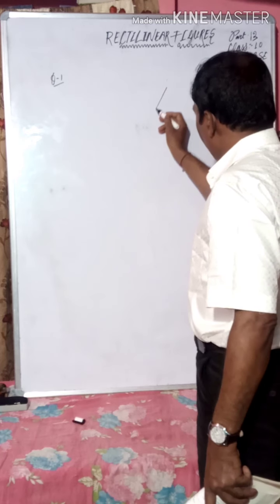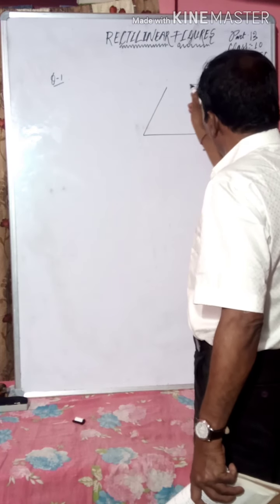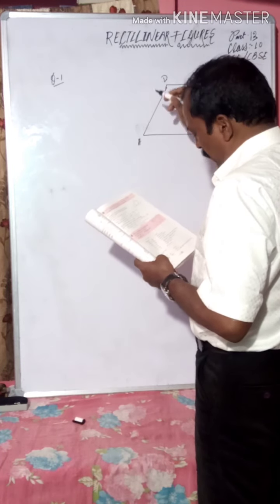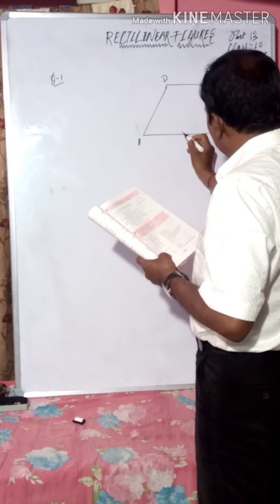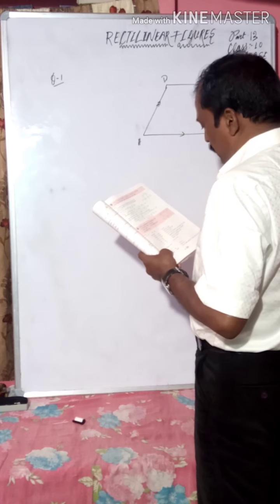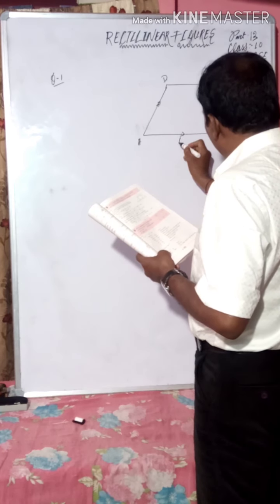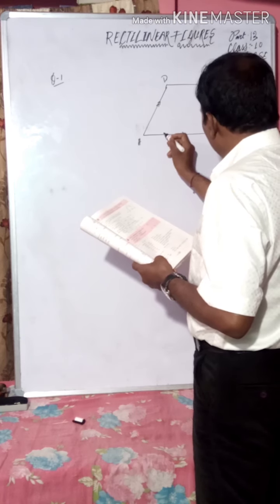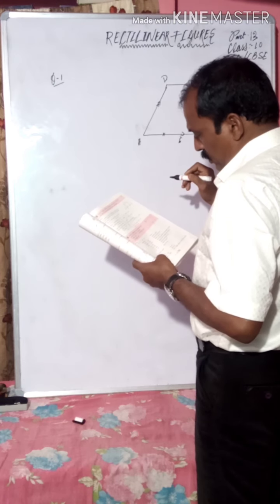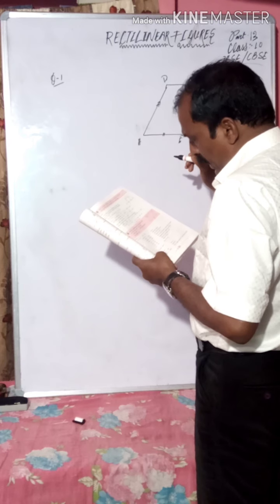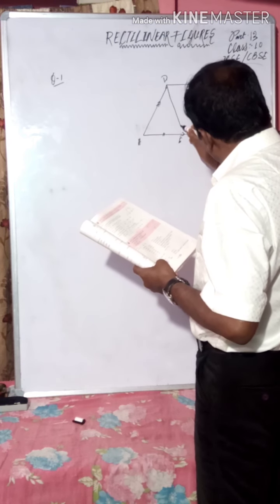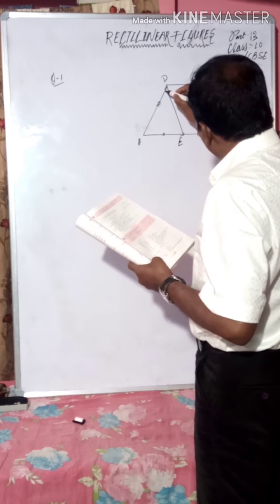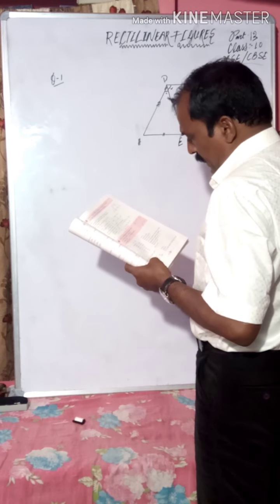This side is parallel to this side, and this side is parallel to this side, and E is the midpoint of AB, meaning this is equal to this, and DE is the bisector of angle D. This angle is equal to this angle. To prove: